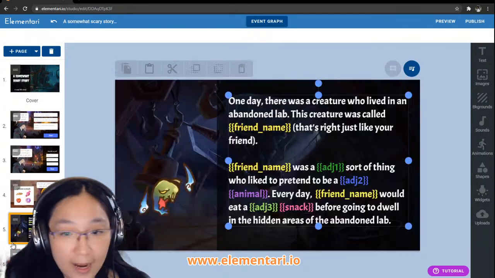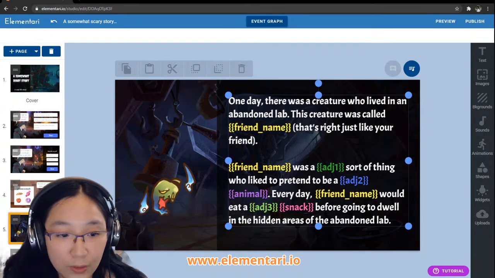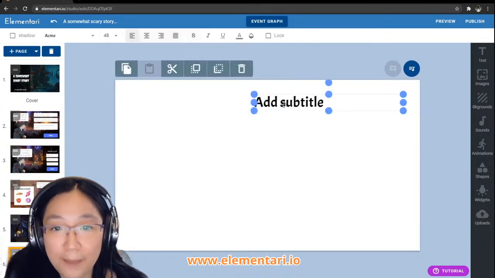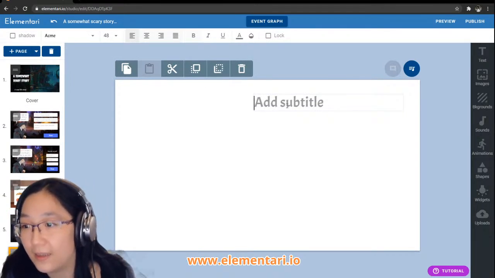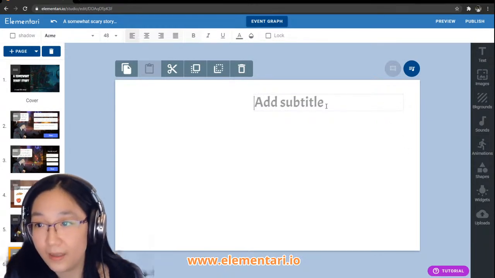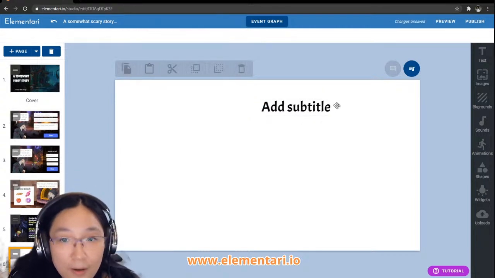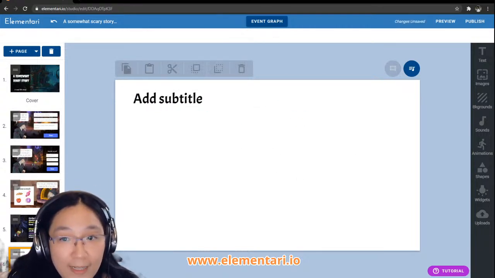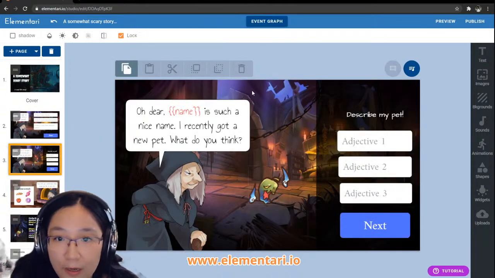So we have right now, every day he eats a snack and then he goes to the lab. What happens to our character, our creepy character? Can we make it move? Yeah, we can make him move. So let's first write something down before we make him move. And do we want to use the same character, or do we want to find something else?